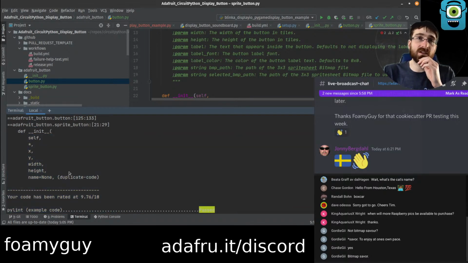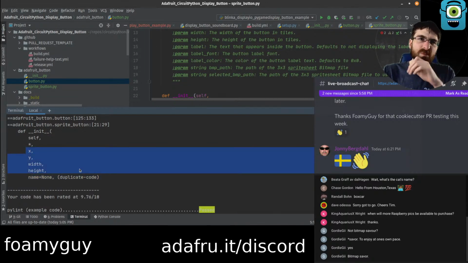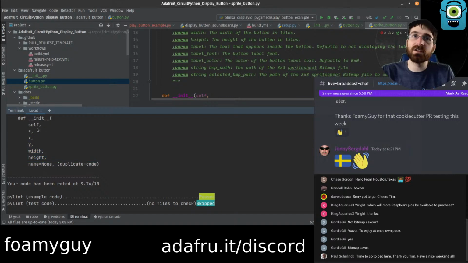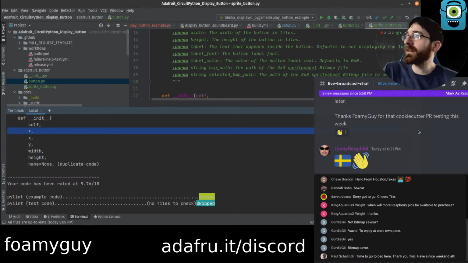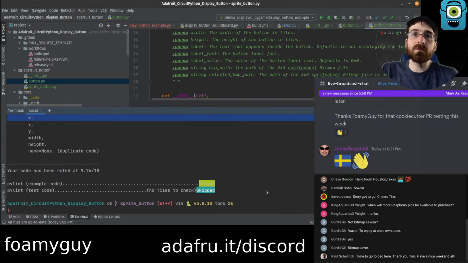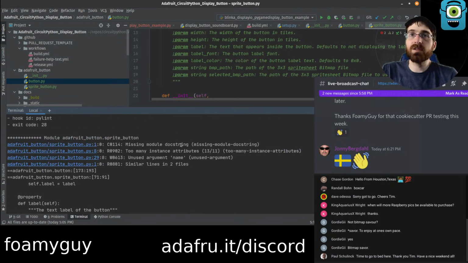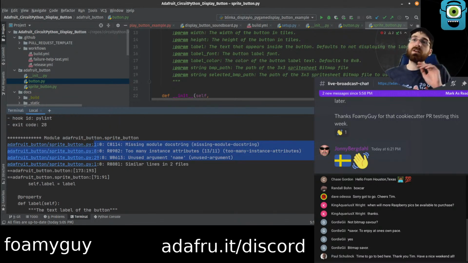Initializer as well, I guess we could. I don't really like to do the base with the initializer because then the arguments aren't on the final object. If you're looking for it in the code, you don't know what all the arguments are because a bunch of them get carried into the star. So yeah, I don't know. I'll need to decide what I'm going to do about that. There's also a couple other pylint failures as well, but I think I'm going to call it for now.